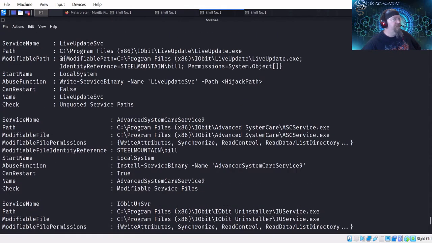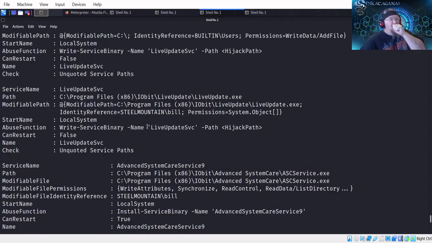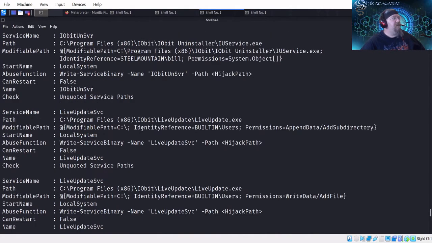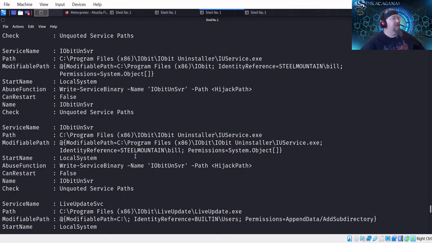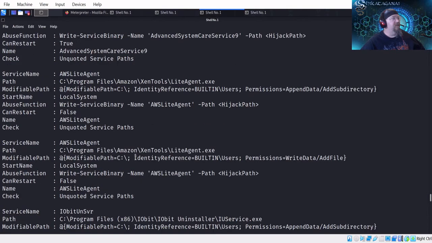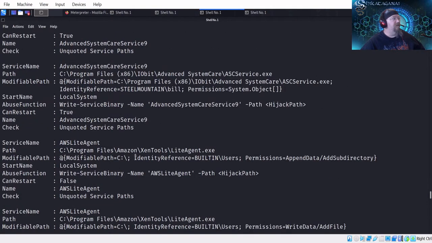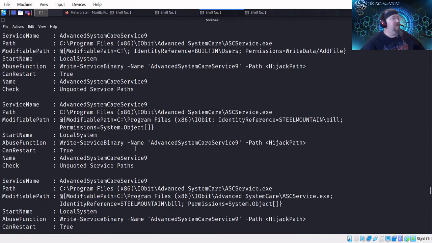Okay, here we go. Unquoted service path. So the check is that. Interesting. All kinds of these different ones in here. Let's see if we can find one. Okay, can restart. All right, so this one right here, Advanced System Care 9, and it says unquoted service